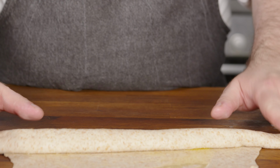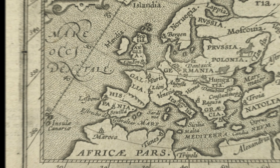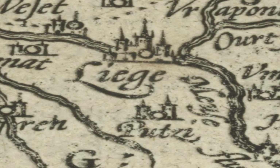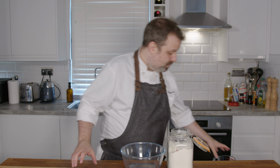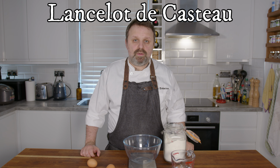Rather than layering them like phyllo dough, the dough is rolled and then flattened and potentially rolled again. The first recipe of this type that we could find in Christian Europe is from the Prince Bishopric of Liège. If you ever want to feel like a proper medieval cook, this is the recipe you're looking for, even though it's technically early modern. The recipe, written in 1585, was published in 1615 in the book L'Ouverture de Cuisine by